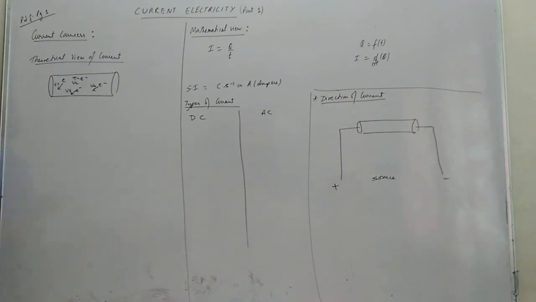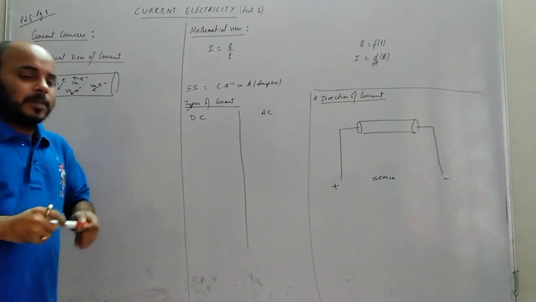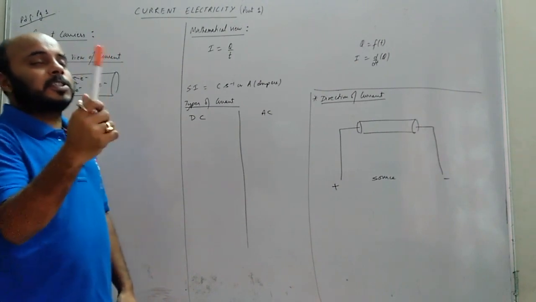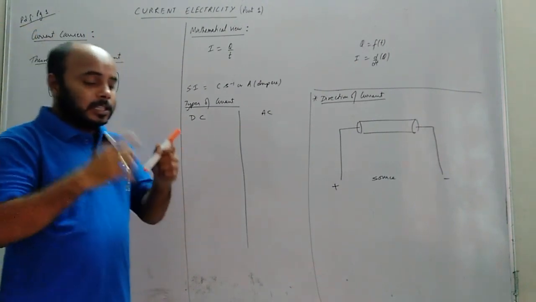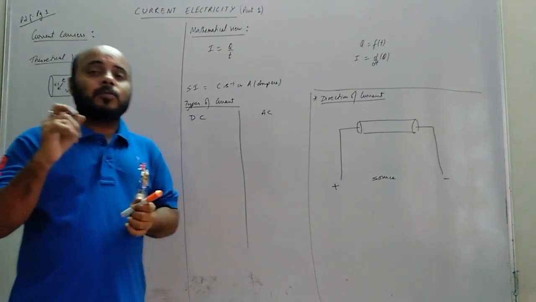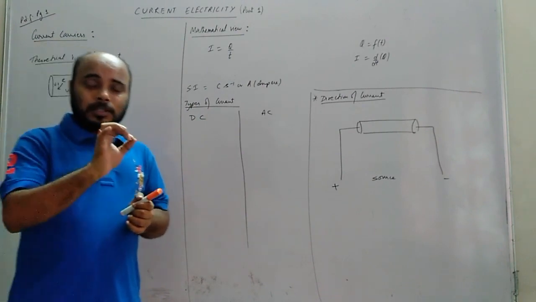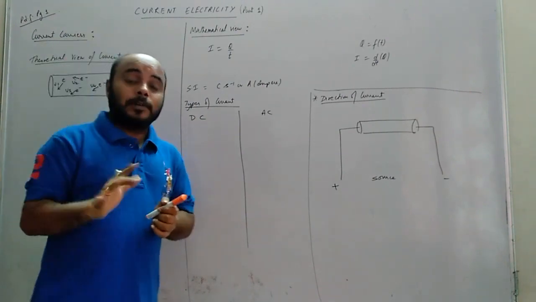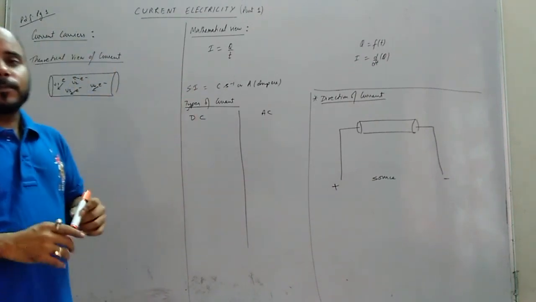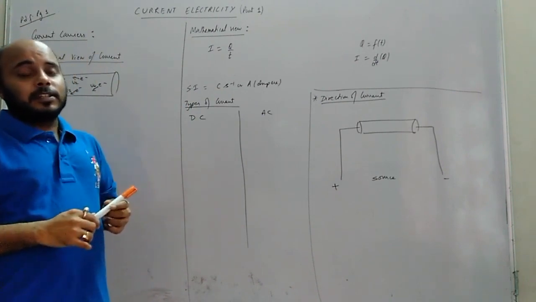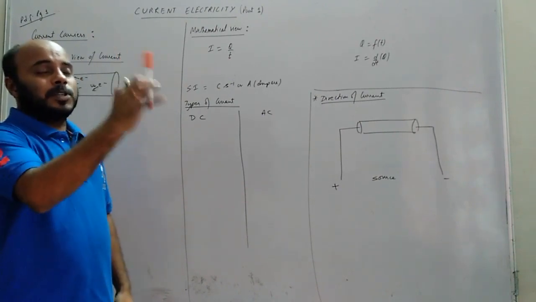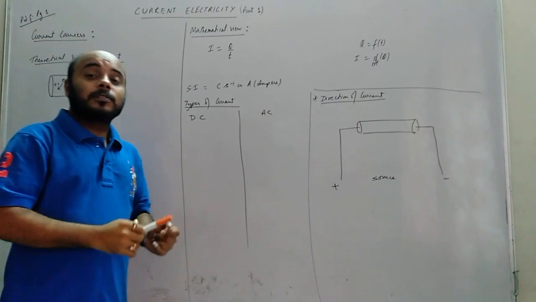So if you take any conductor, for example this pen, actually it is plastic, but if it were metal, then inside the pen the electrons would be traveling in all directions with some velocities at room temperature, known as thermal velocities, of the value 10 to the power 6 meter per second. Now, we understand that the electrons inside are moving. If the electrons are moving inside, that means we can say current flows. That means if I touch this pen made of metal, I should feel an electric shock. But do we feel a shock?